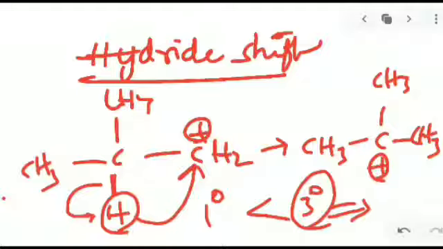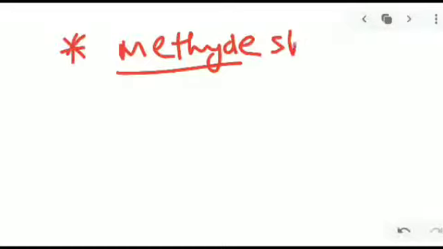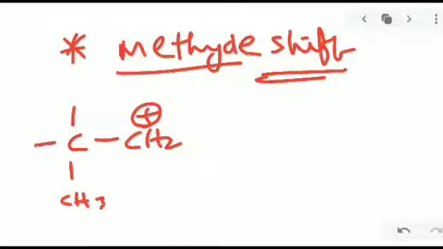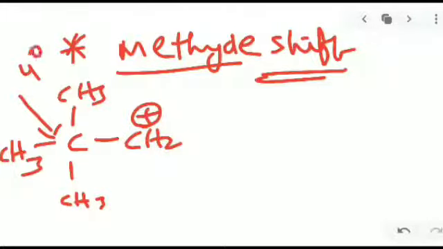Okay, so the next one is the methyl shift. Here the tertiary carbocation is more stable than the primary. In the methyl shift, what happens is similar, but a methyl shift occurs. So look at this, from CH3 and CH2, here CH3, here CH3, and here CH3. This is the fourth carbon, a 4 degree carbon, so this is sp3 hybridized, and it is going to be this primary.